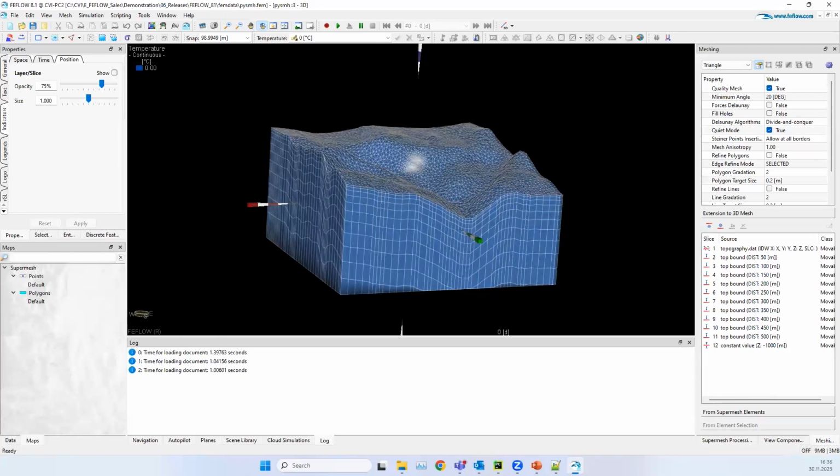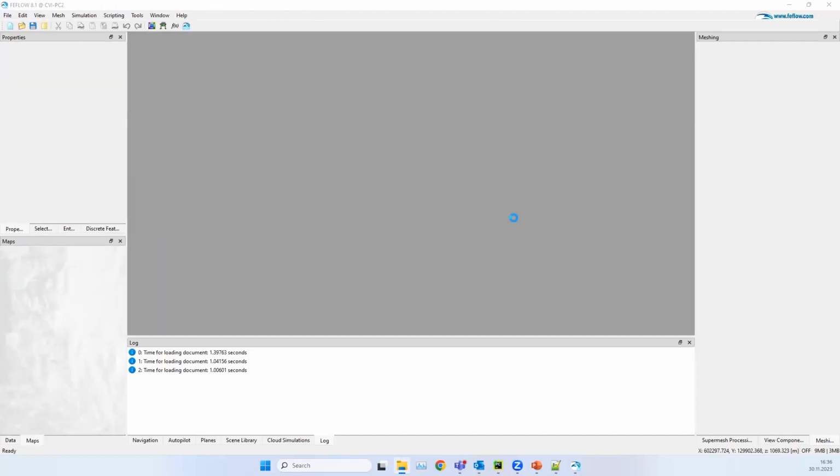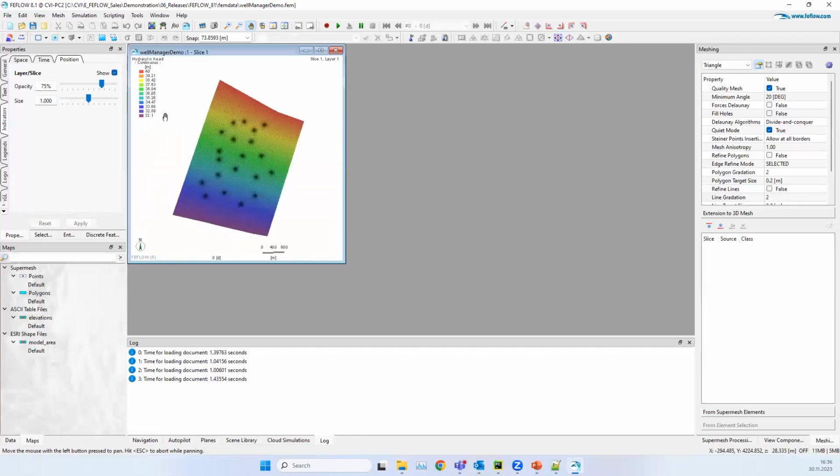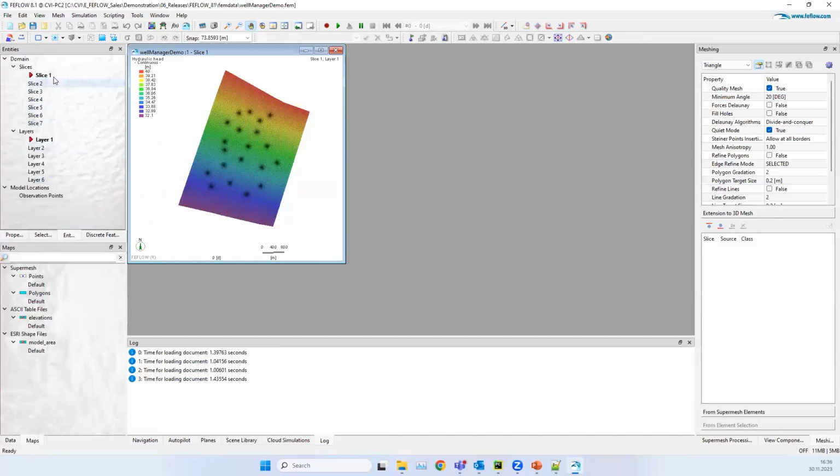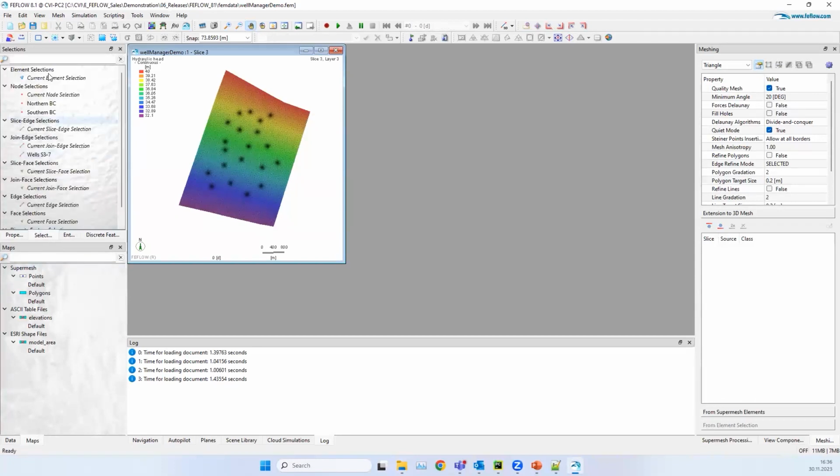Okay, so that was the demonstration with PySMH. So let me change the topic to some Well Manager examples. This is a model where we have already discretized it. It's a 3D model. We have a number of slices. And if I go to slice number 3 and activate, we have a number of different selections of edges which will define